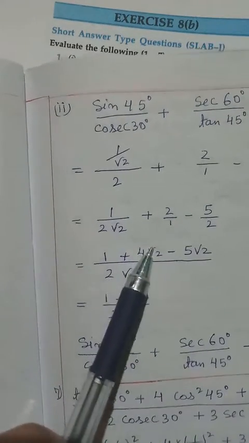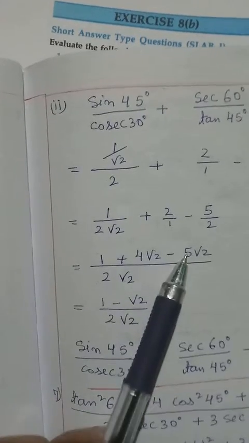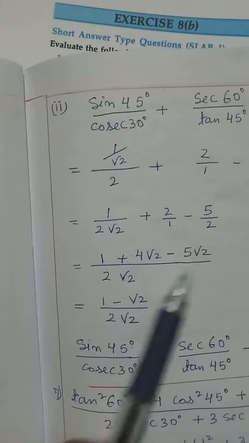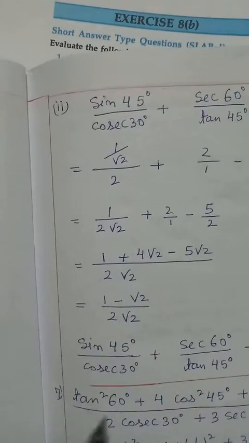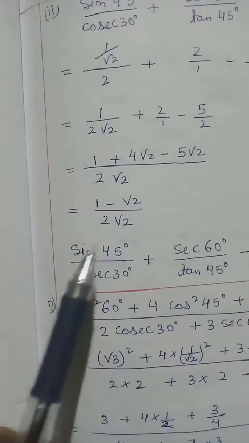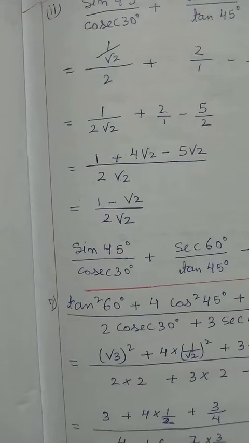Here we have square root 2, here also square root 2. So we can treat them like terms. So 5 minus 4 will be equal to 1 root 2. 5 is greater, so we have to put it with minus. 1 has square root, 1 has no square root. Okay, so we cannot plus, we cannot minus. Leave that as the answer.